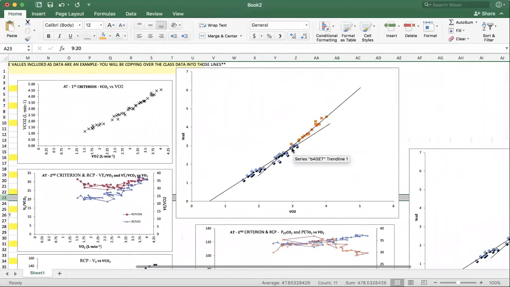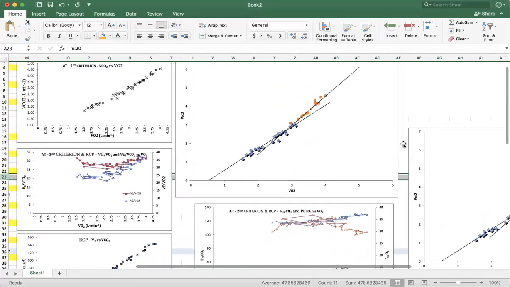That will, however, change the slope of your regression line a little bit. So keep that in mind. This intersection point may not be perfect. We just want to see if around that region is where we're seeing that deflection point. And it is pretty clear that after about a VO2 of 3, we will see that nonlinear rise in VCO2. This can also be done using pencil and ruler. It's just up to you